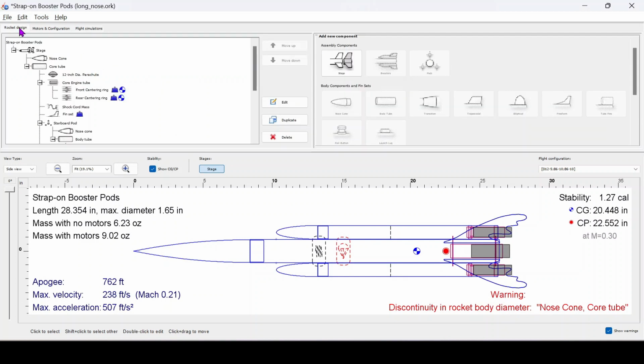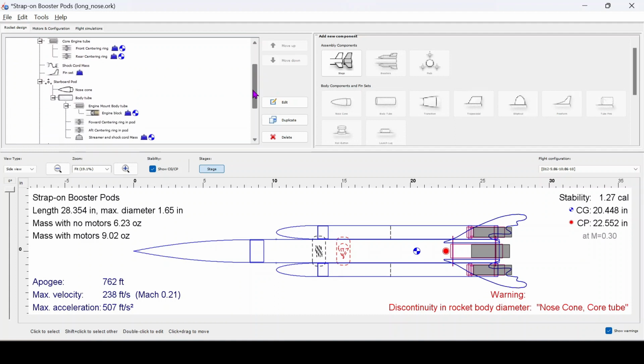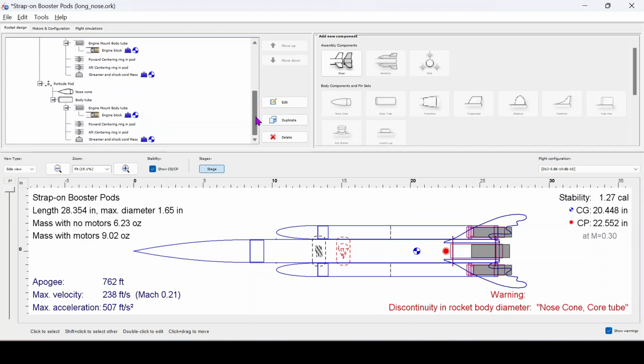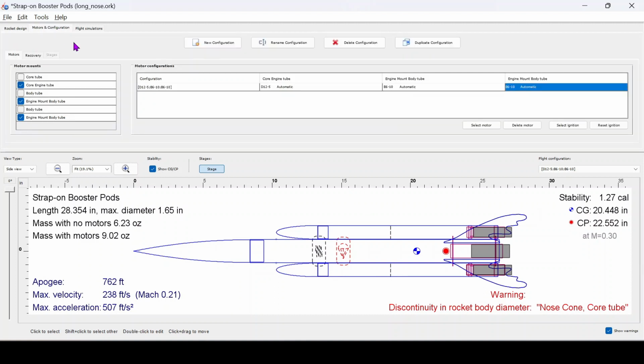We can see here the stability margin is a lot lower. We did have that center of gravity moved back and the center of pressure moved forward. One thing we're going to look at here is we didn't simulate the actual chain of events with those boosters separating. So really what we want to see when we go to look at the plots here is even if the boosters remained attached, if they failed to detach, we want to make sure that there was still a safe